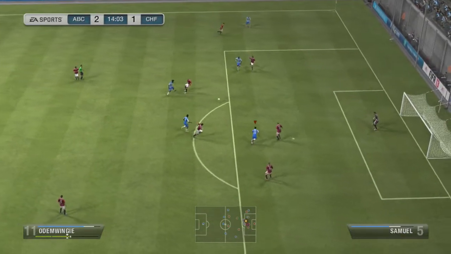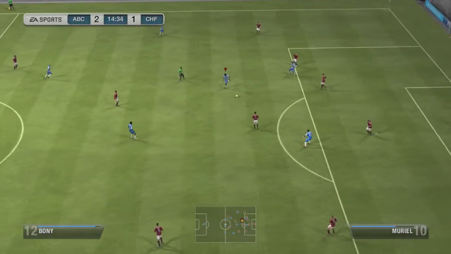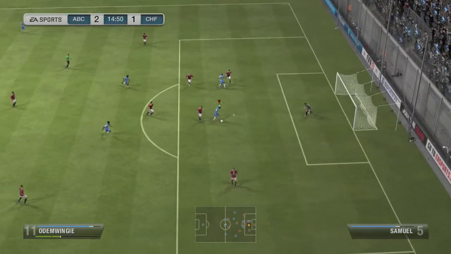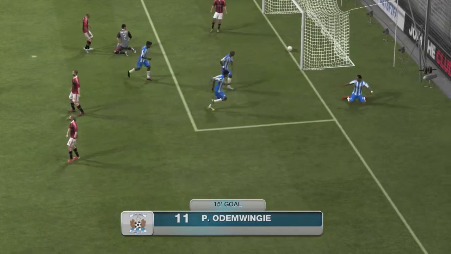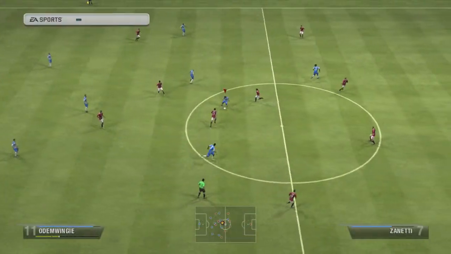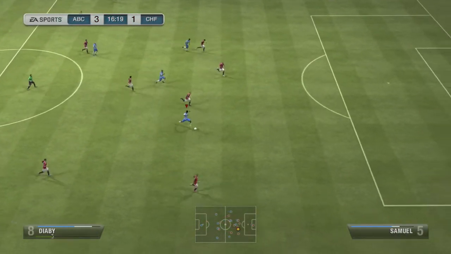But hey, a few moments later, I'm just going to keep on trying to score. Some kind of chaos in the front. He wasn't able to clear it. Bonnie picks it up, and a little dummy from Odom Wingy, and he smashes it into the bottom of the net. So hey, we pull back another goal, up 3-1, and a few moments later, just going on the counter,